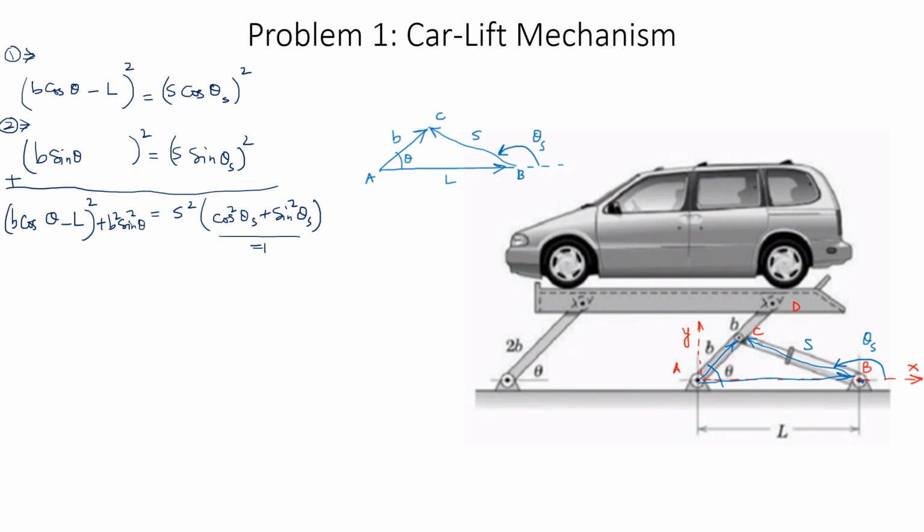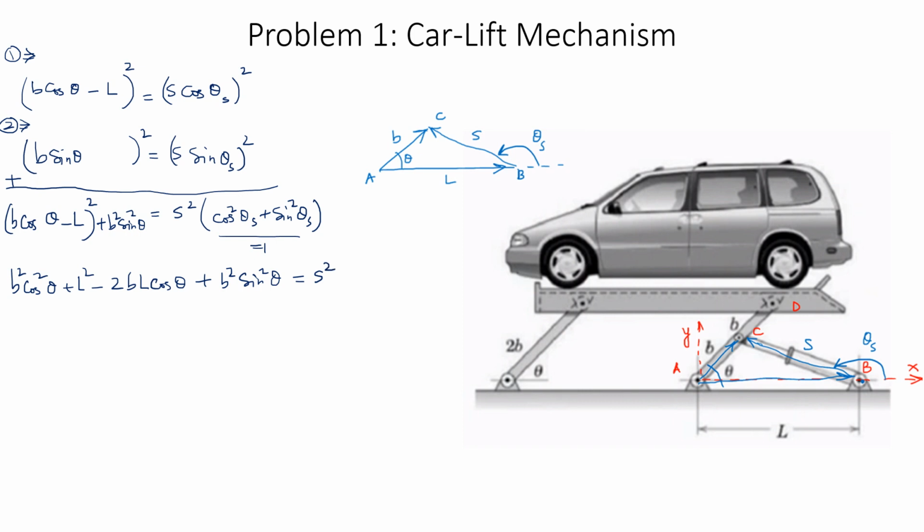So I'll expand this expression further. This is going to be equal to B squared cos squared theta plus L squared minus 2BL cos theta plus B squared sine squared theta